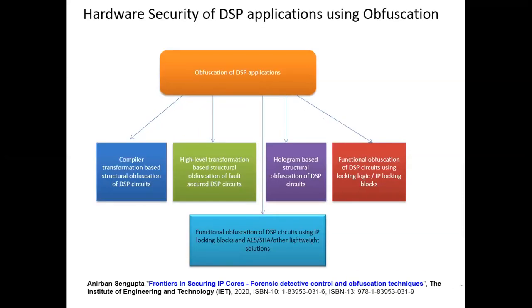Okay, now it is also important to know the different classifications of obfuscation. Before we get into obfuscation, let me tell you the basic difference between the role of obfuscation and the role of forensic detective control. We should keep in mind that obfuscation is a method to thwart or impede the reverse engineering process,